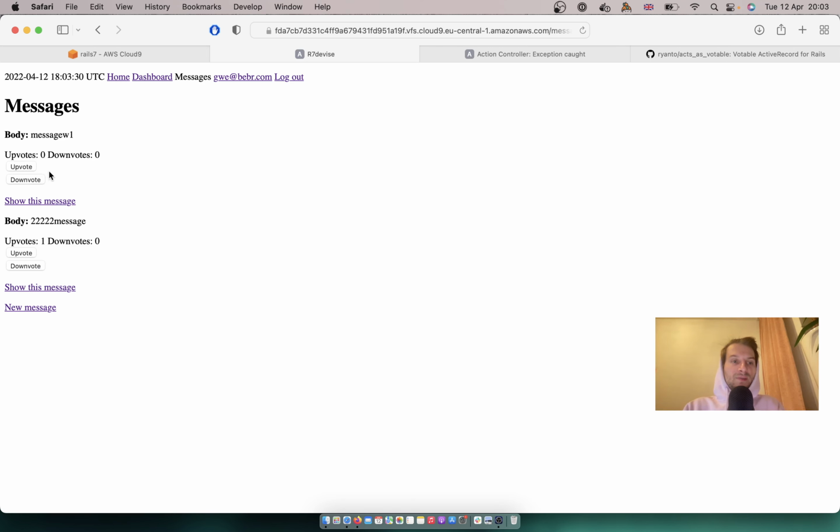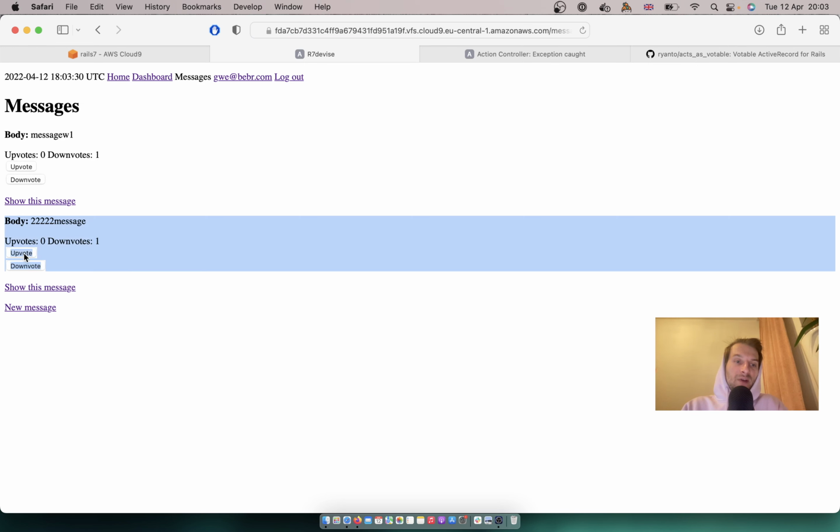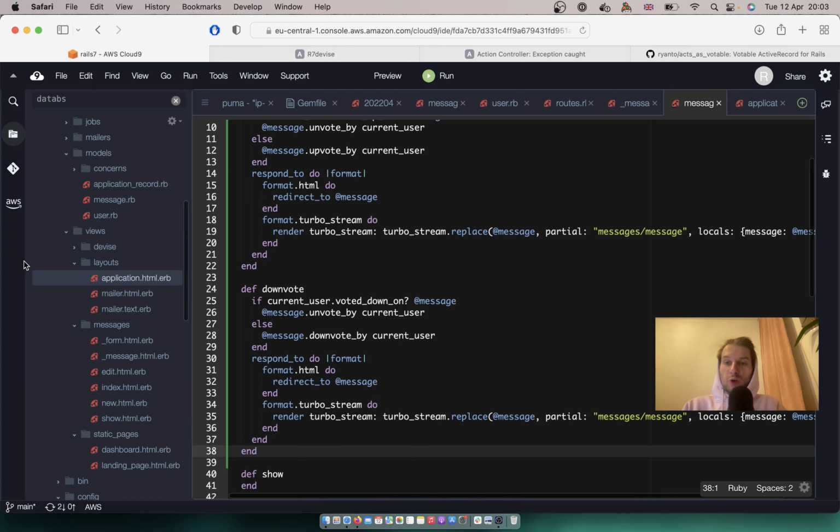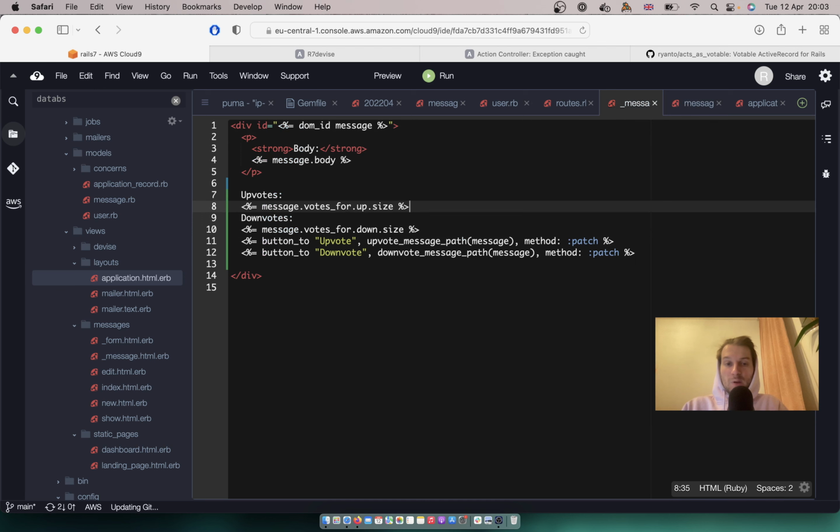And let's see if it works. So I click upvote, downvote, and you see I don't have any page redirect. Now, what if you did want to have a page redirect? Well, you can just say that a specific button would respond to